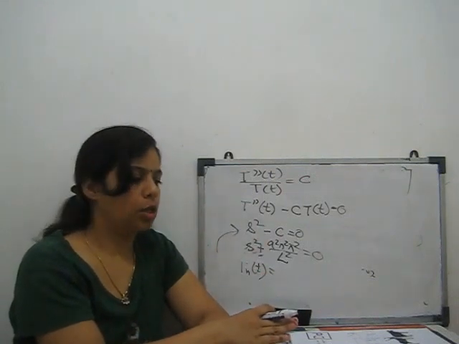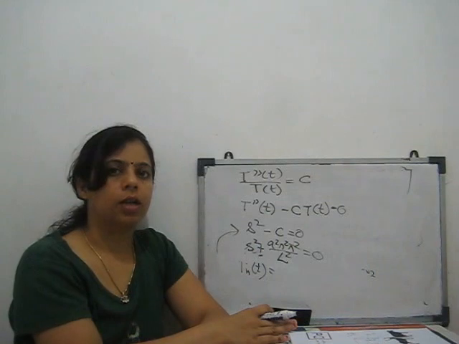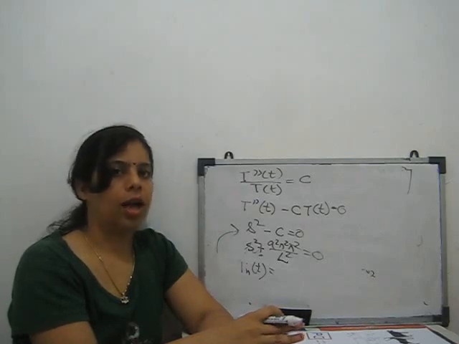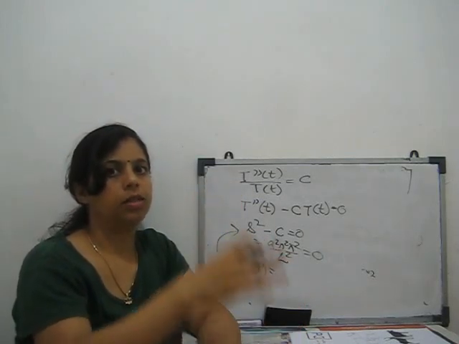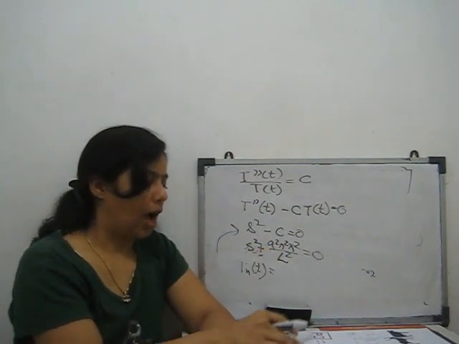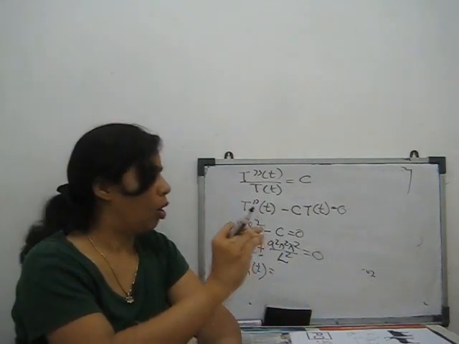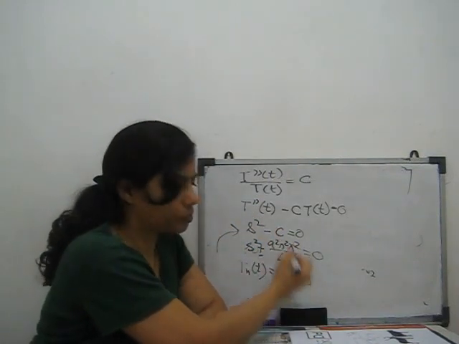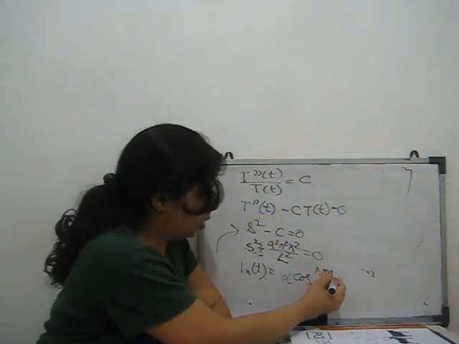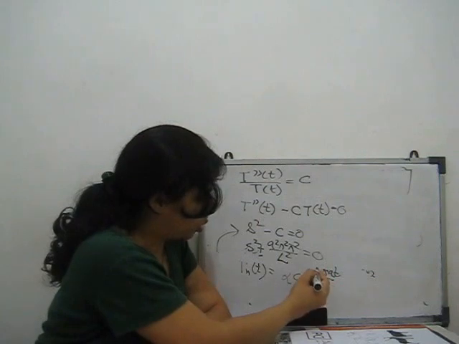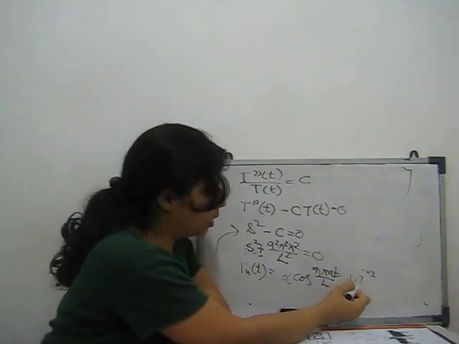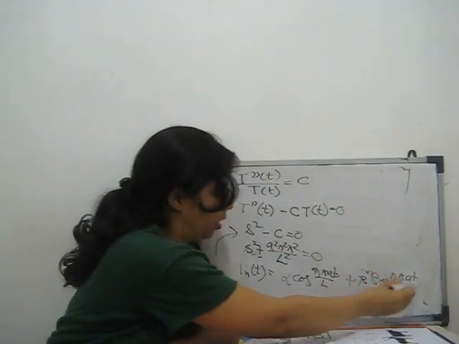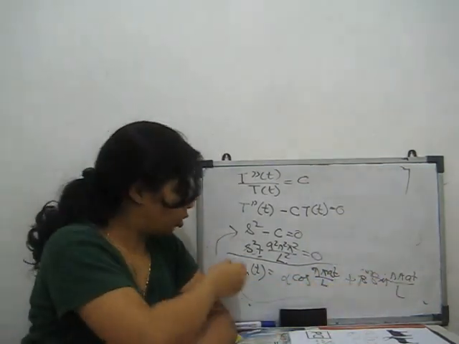imaginary roots. So for imaginary roots, we have to write the complementary function as a1 cos iota theta plus b1 sin iota theta, like that. You can see in higher order how we write the complementary function for imaginary roots. So I can write alpha cos n pi a by L, meaning constant times t, plus beta sin n pi a t by L. Clear? So this is our solution of t.